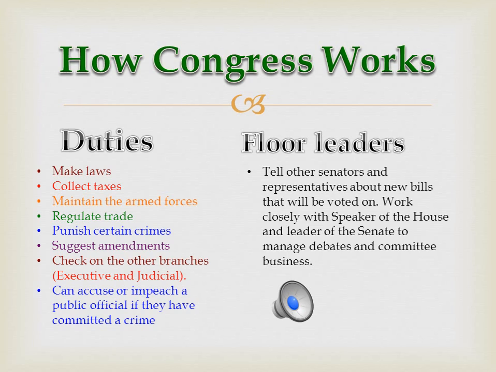So managing debates is a very challenging task because things can get very heated. Imagine debating your most sensitive issues with someone. So it really does require strong leaders on the floor to direct them and to keep the rest of Congress on task. So that's kind of a very rough overview of how Congress works.